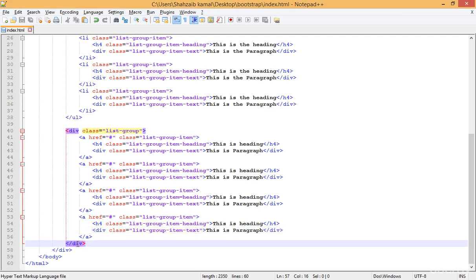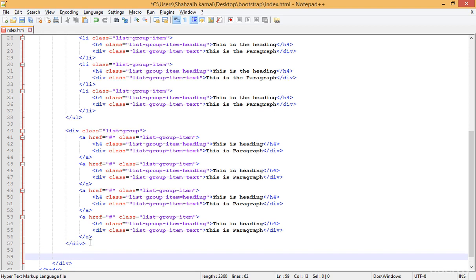Hello and welcome back. You've learned about list groups a lot of times, but right now I just want to combine the panel and the list groups with each other. Actually, I just want to make collapsible list groups. So pressing enter and creating the div here